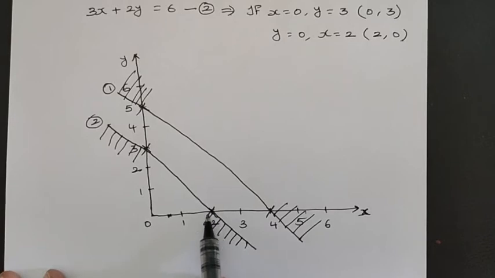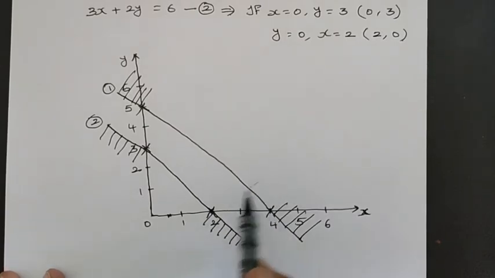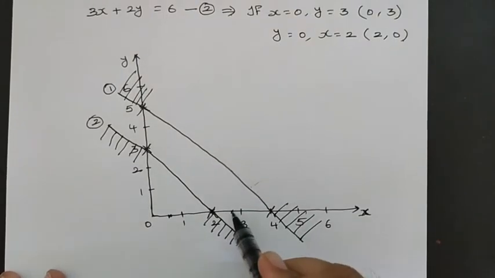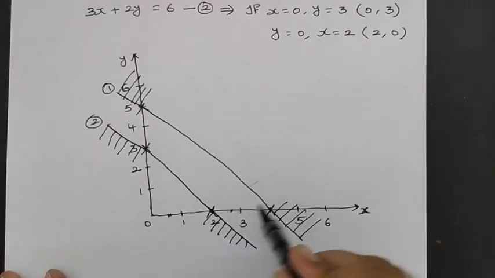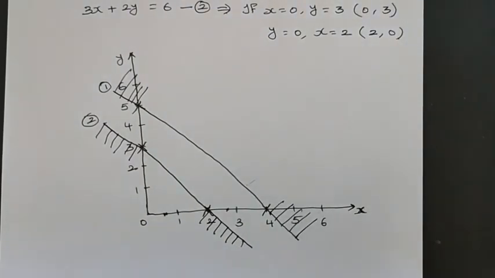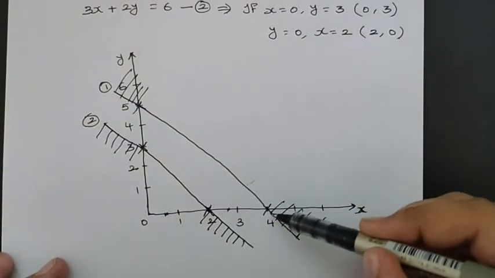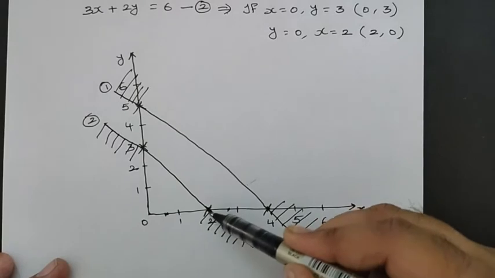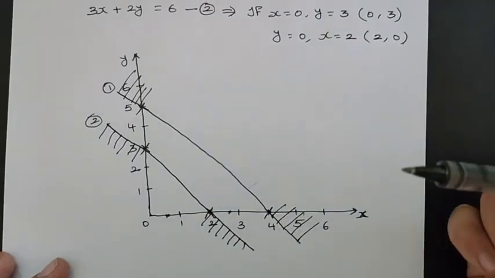Okay, let us start from here. If you take a point here, the condition 2 is satisfied, but what about the constraint 1, whether the point is above the line? No, the condition is not satisfied. Okay, let us start from here. So if you take a point here, the point is not below this line and the point is not above this line, the condition is not satisfied. Or let us start from here, the point is on the line, okay, but the point is not below this line, so the condition is not satisfied.